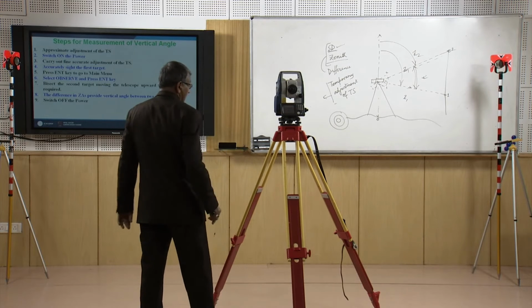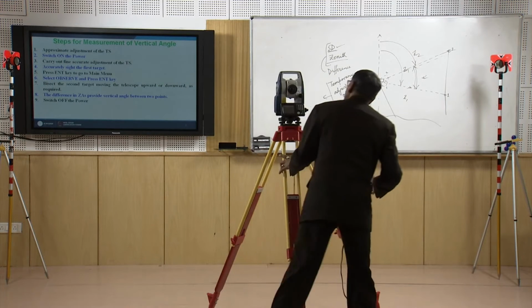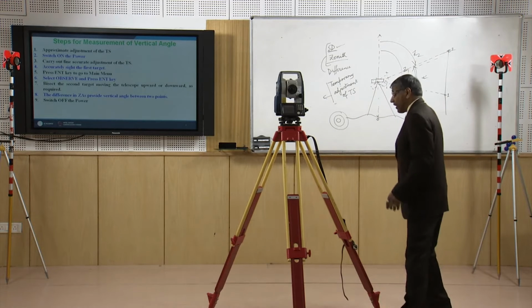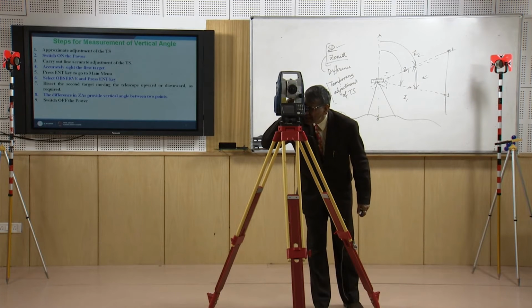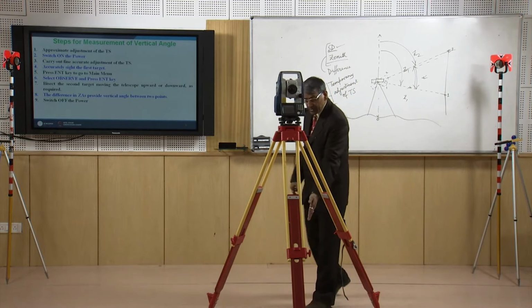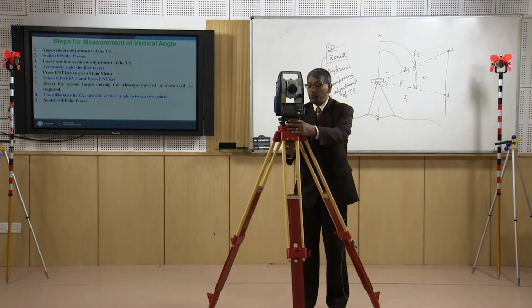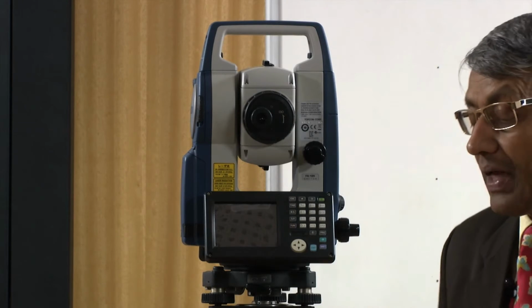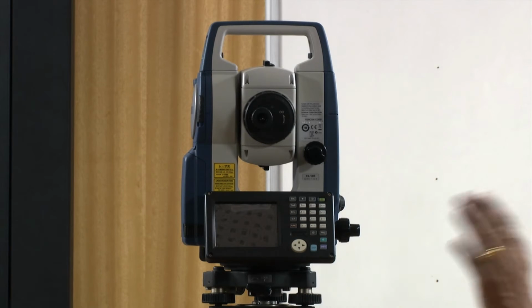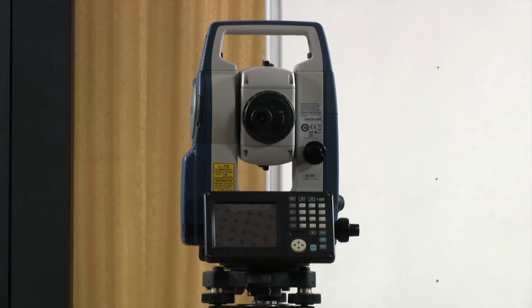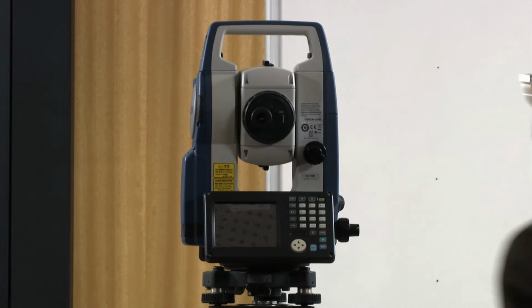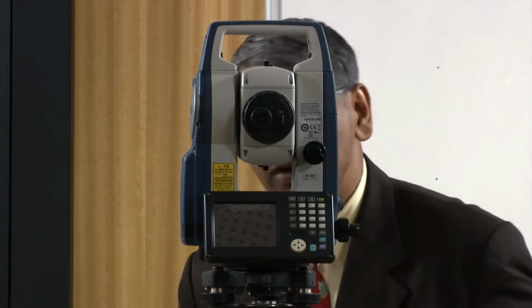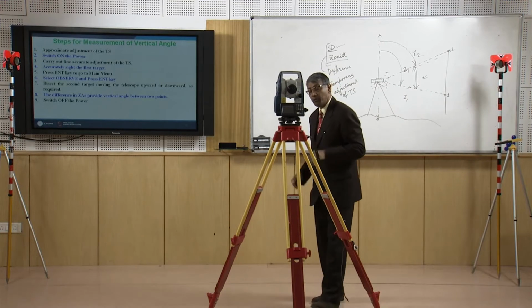If it is done, then we have to look through this optical plummet to find out whether the center of the instrument is exactly over the center of the station. If it is not, then we have to open it and shift this, and then we can make it. Now already we have done our temporary adjustment, approximate adjustment. Now I can find that the bubble is in the middle, as well as the center of this instrument is exactly above the center of the station. So we do not need to do anything more now.